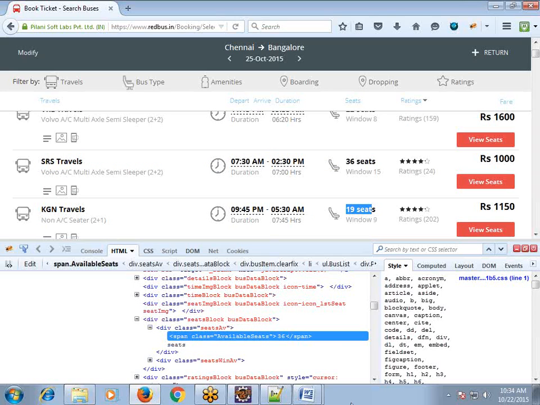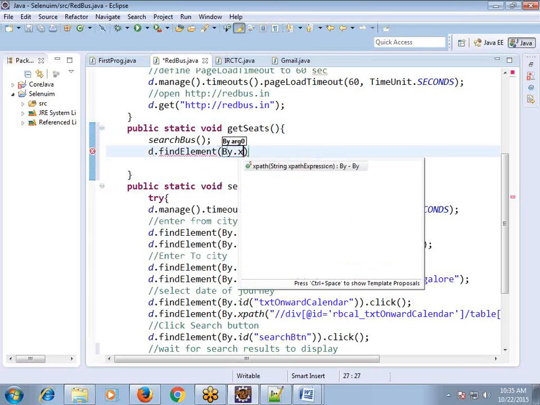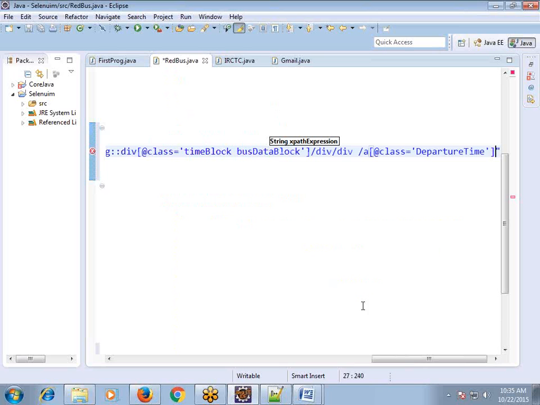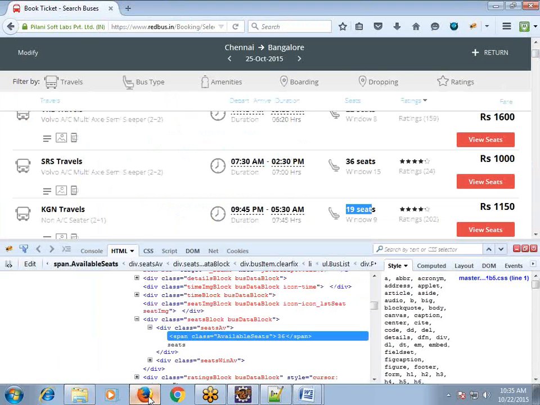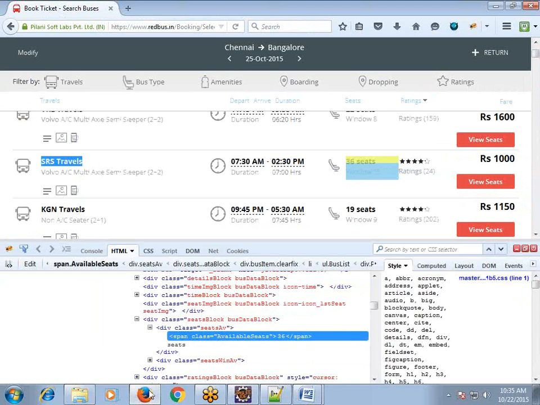Understand? So, how do we define the XPath for this? Look at that. I want to get the number of seats. D dot find element by dot XPath. Define that XPath. See, now this XPath I have to change. See, what is the travels name? I want to get SRS travels. Okay, copy this SRS travels. See, here I am changing it to SRS travels. See, inside this SRS travels,